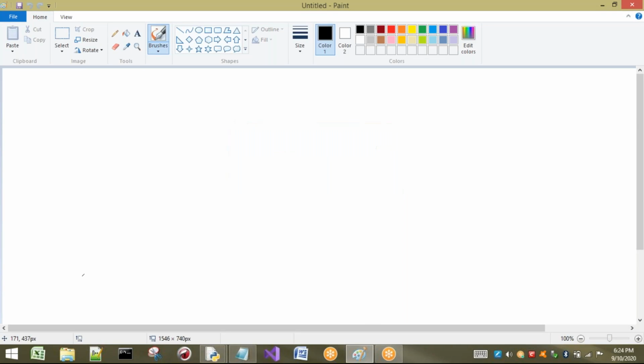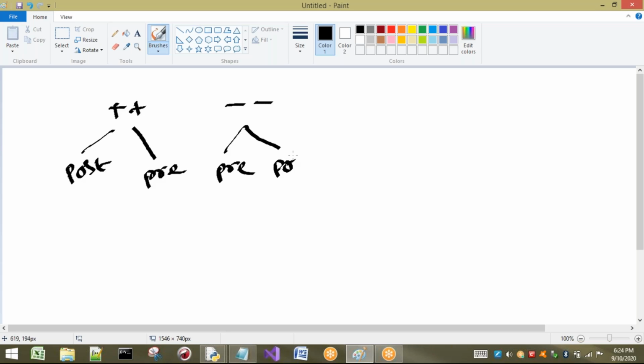I want to discuss one more point regarding this. In C, C++ and Java, if you take increment and decrement operators, there are two types: post-increment and pre-increment. In the same way, here also we have pre-decrement and post-decrement. What is meant by post-increment? x plus plus. What is meant by pre-increment? Plus plus x. In the same way, minus minus x and x minus minus.